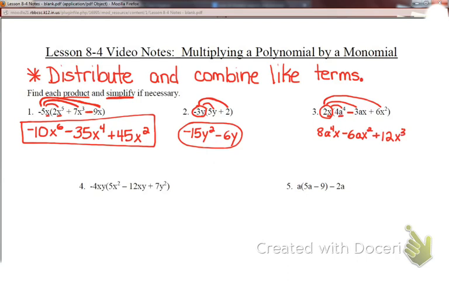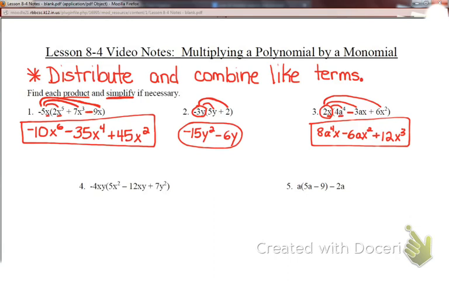Okay, so we have 8a to the fourth x minus 6ax squared plus 12x to the third. There is no way to simplify that anymore because each term has different exponents on those letters. And in order to combine, they have to have the same exponents. And they don't. So we're done with that one. Number 4,